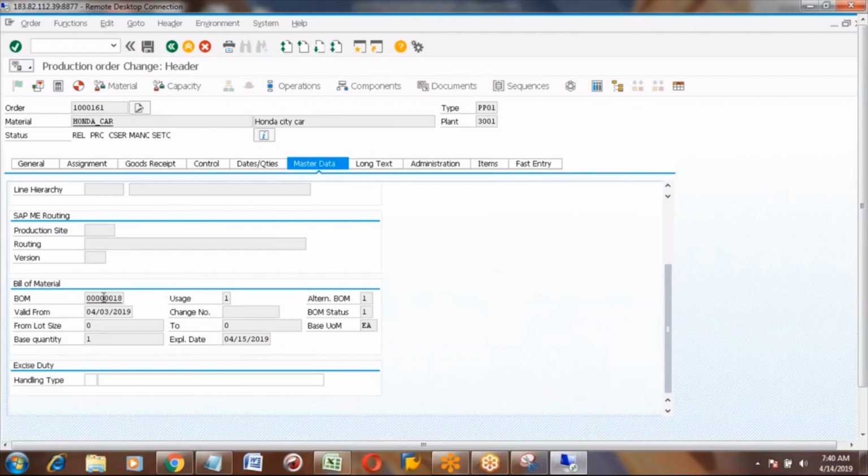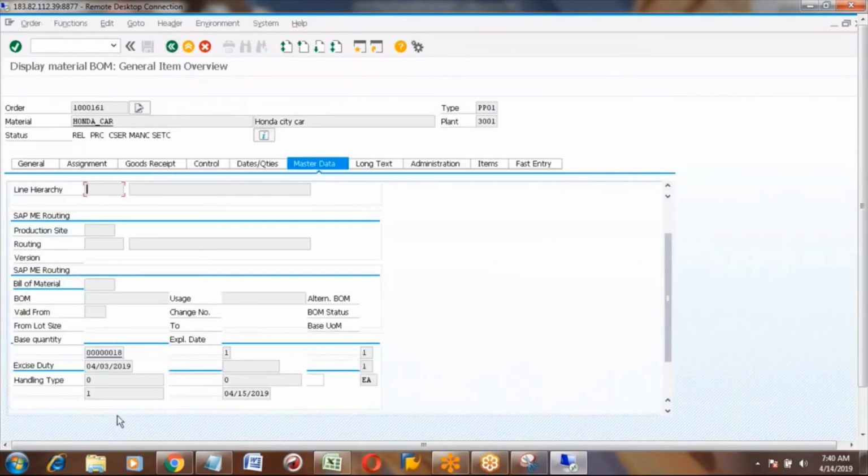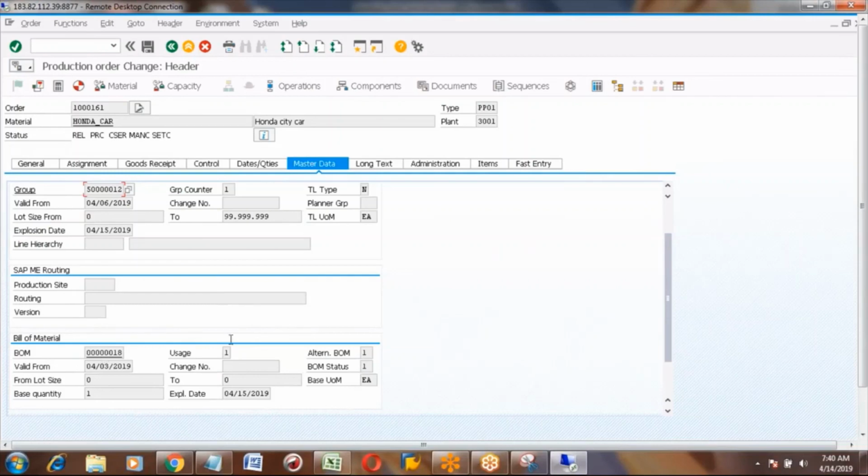If you double click on this BOM number, it will display your BOM. This is the BOM. Go back. So if you double click on this number, it will take you to your BOM.